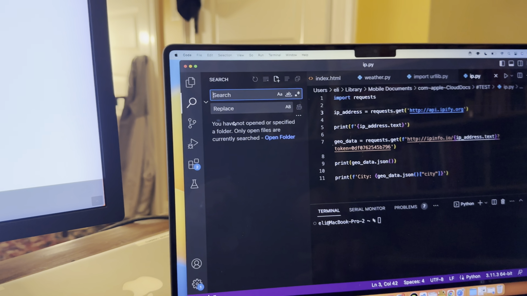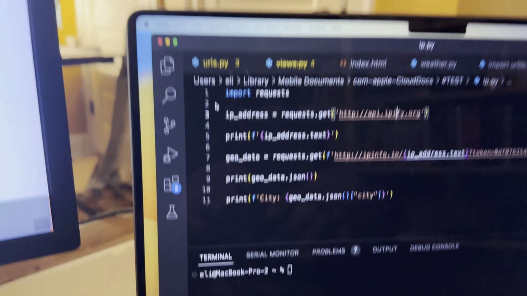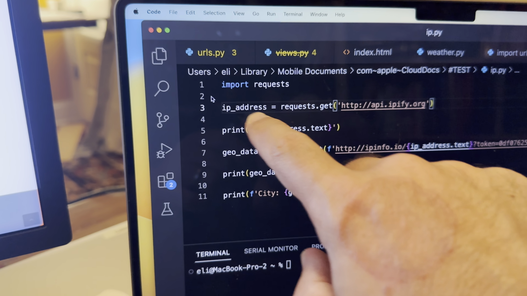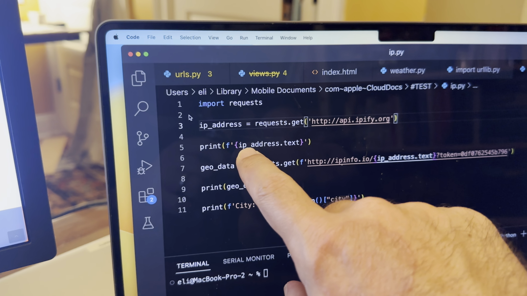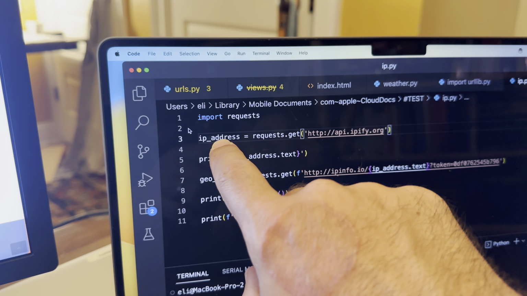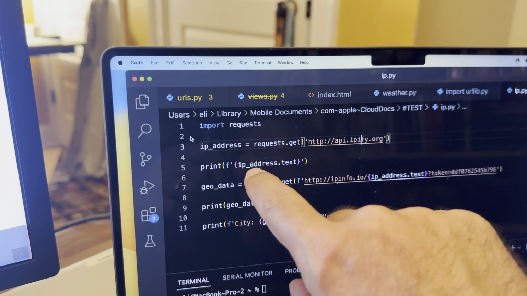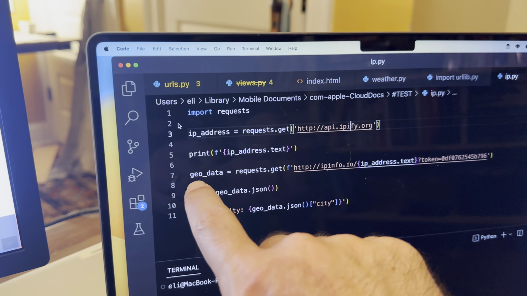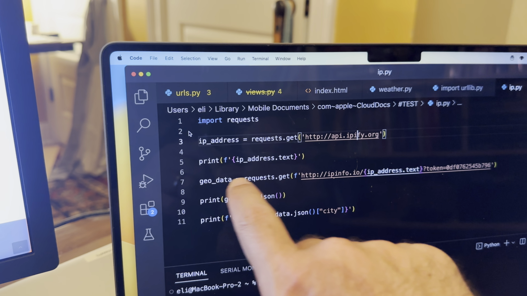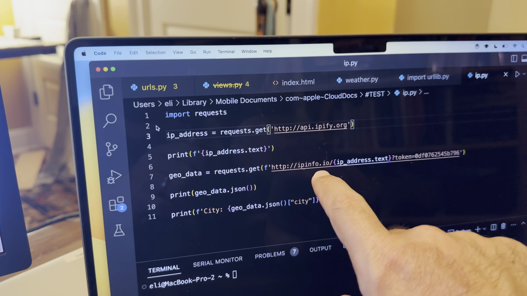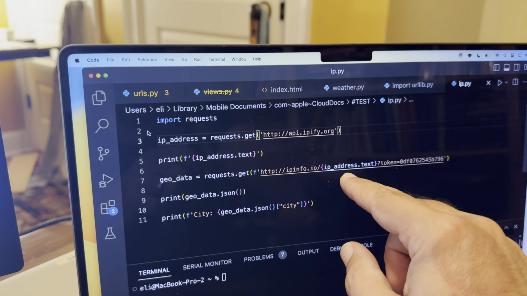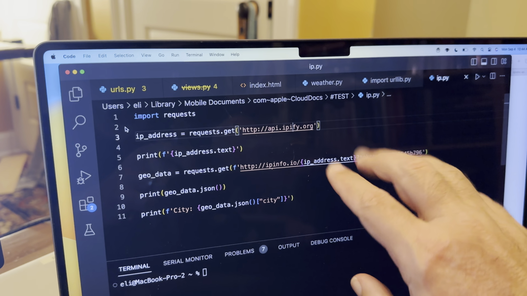But we're going to use requests. IP address is going to equal that IP address that we bring in. Then we're going to print IP address.text. This comes in as an object, so we want the text of that object. Then we're going to get the geographic geodata. Once we have our IP address, we're going to do requests.get http ipinfo.io, and feed the IP address text in there,